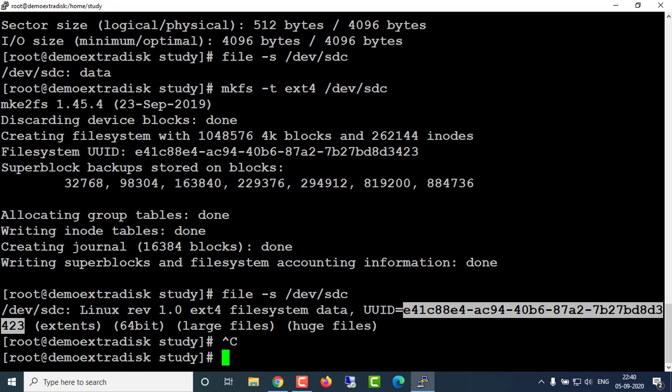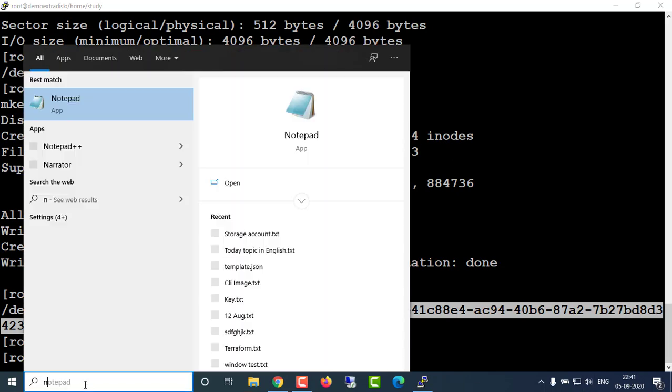If we reboot our virtual machine, it will automatically get unmounted from the system. So we have to make a manual entry in our fstab file. After that, if we reboot or shut down the system, it will stay permanently mounted on our virtual machine. So I have copied this, and I'm going to note it down in a notepad file.